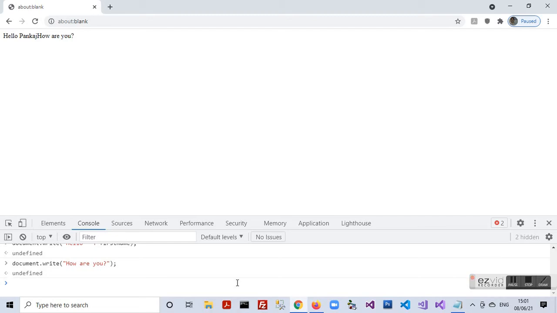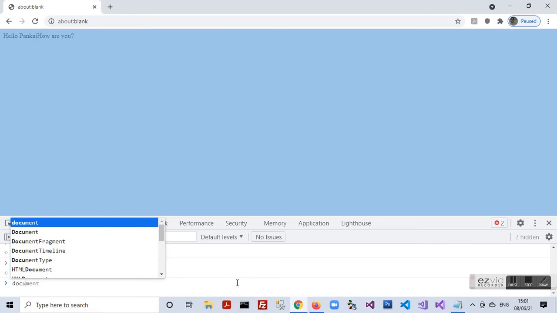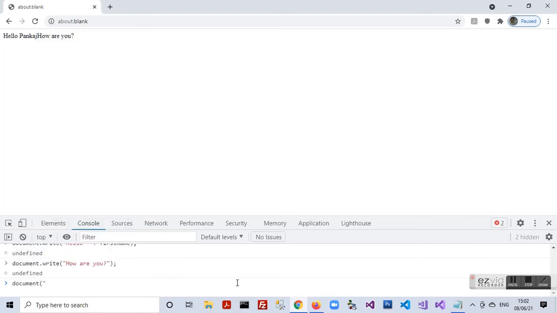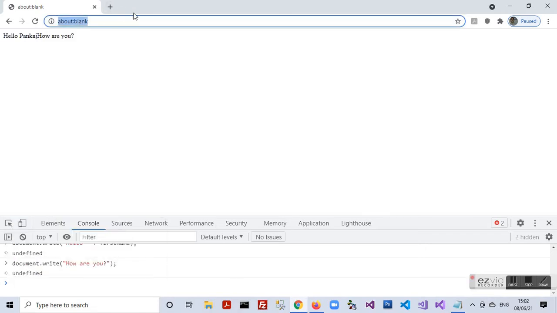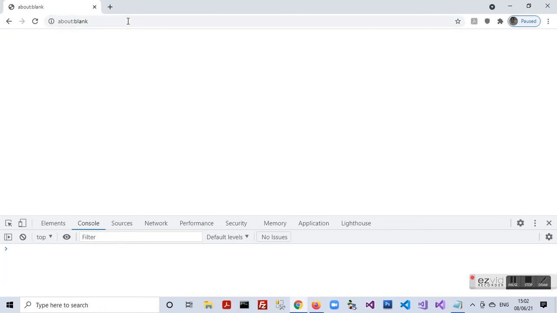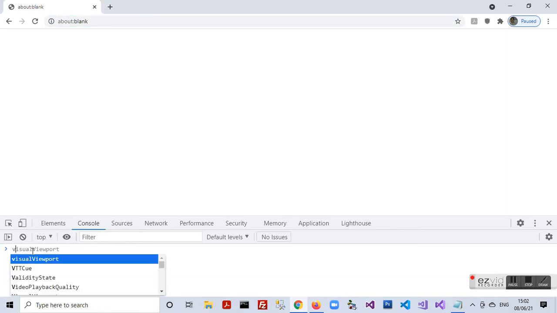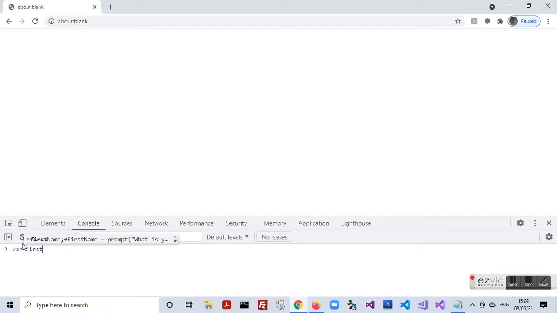First of all, I cleared the web page by typing about:blank in the address bar. I again write the block of code, or I can even copy the previous commands I have given from the console. I type var firstName equal to prompt, "please enter your first name".